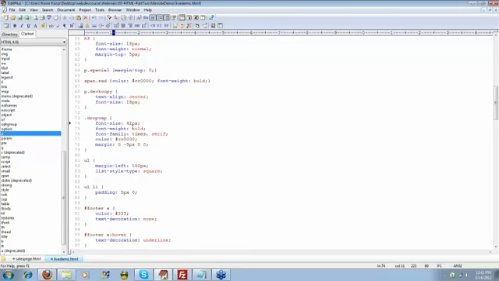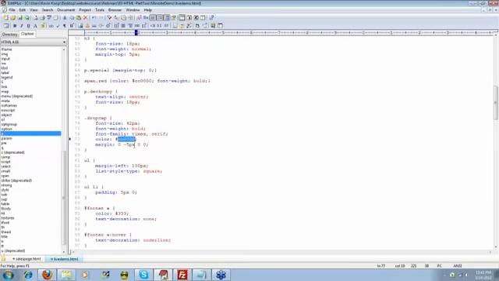It would try to make the font size 42 pixels. It would try to make the font bold. It would choose a particular font family. In this case, we're using Times, which is a serif font. Make it a little more fancy. It's also supposed to make it the same dark red as the headline. And then we have some margin information. No margin on the top,